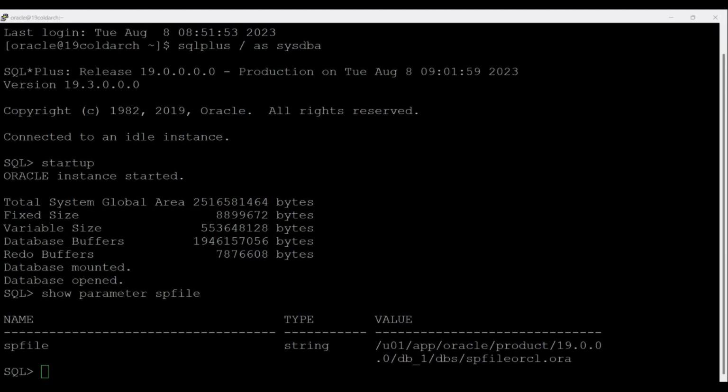Suppose db_block_buffers indicates the number of data buffers in memory, and its maximum value depends on the operating system, and the size of those buffers, set by db_block_size, has an operating system dependent default value. So these are the operating system dependent parameters. And then variable parameters